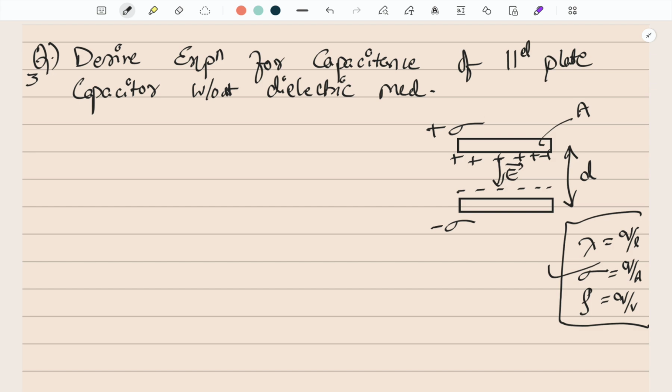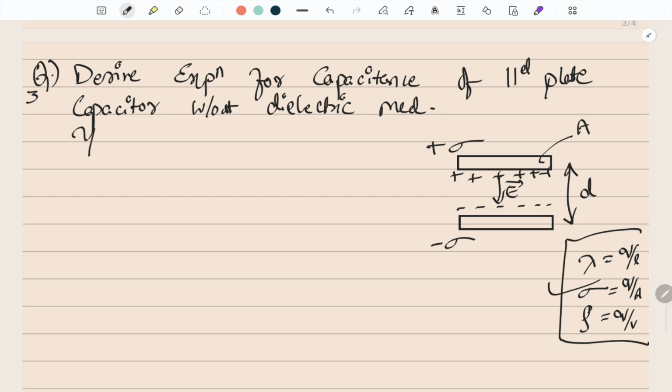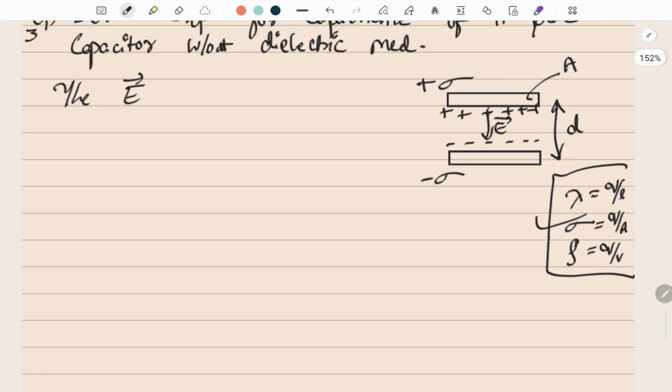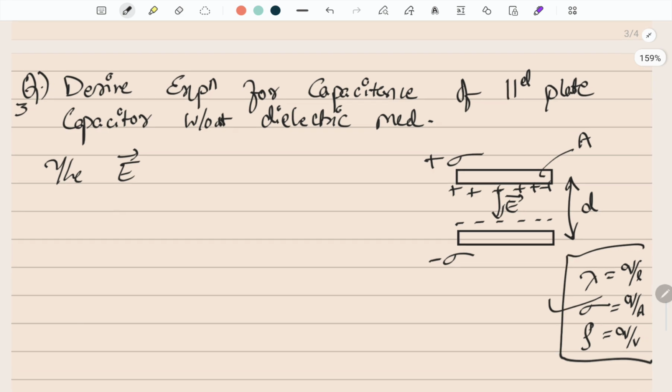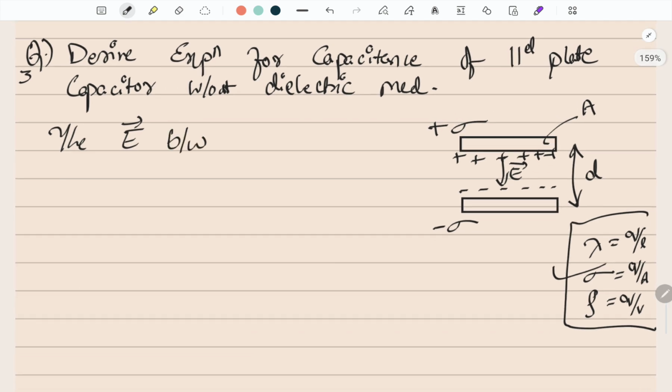What is the first step? The electric field due to the two charged plates in the region between them. The electric field between the plates is given